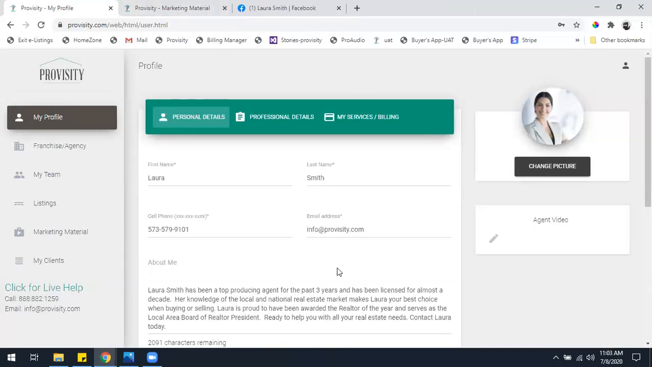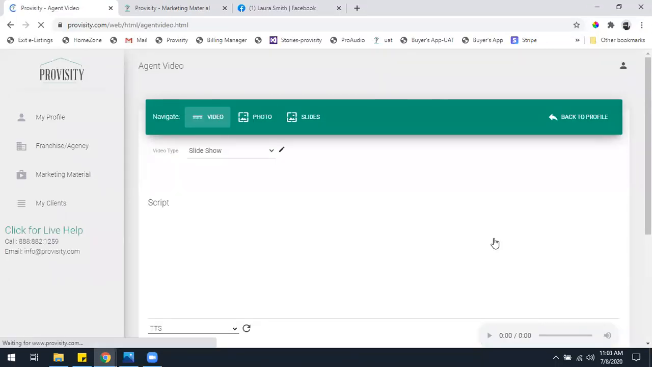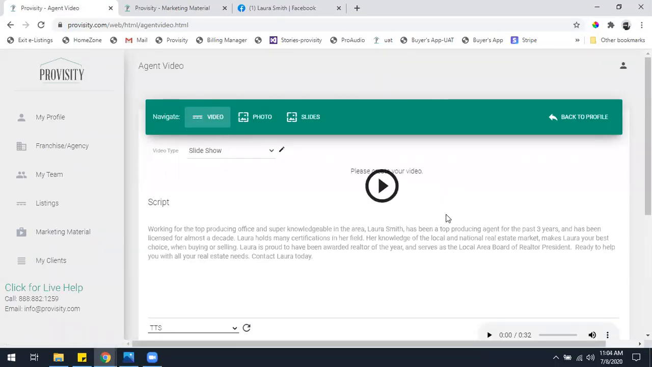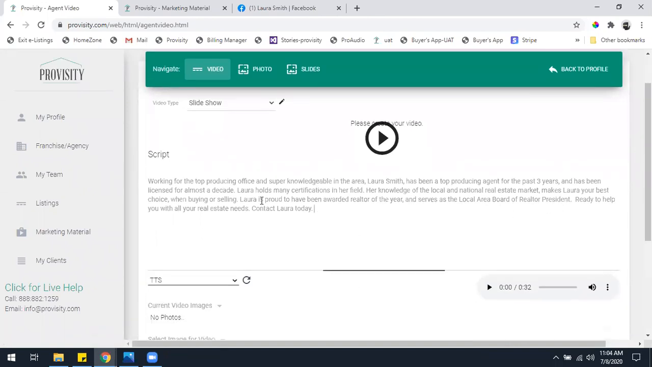Okay, so the first thing, agent marketing videos. That is going to be located in your account on your profile page, where you'll always land when you first log in, and down here. If you have not created one yet, this little square will be empty and there'll just be a pencil icon. So you'll go ahead and click on that pencil icon, and you'll see it hasn't created anything yet. It does have,